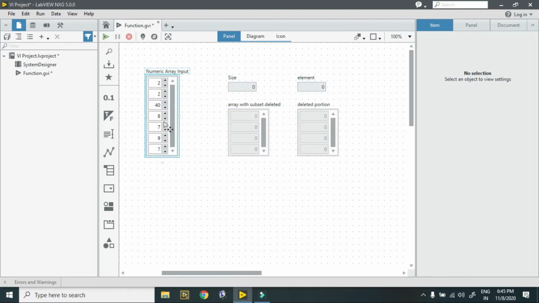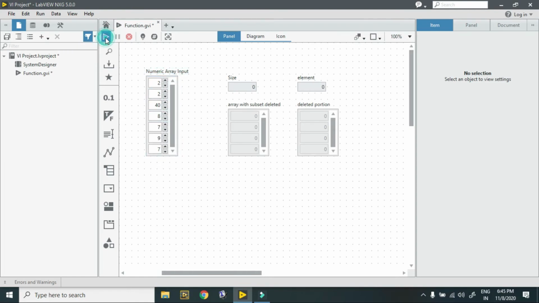The element at the third place is 8, because this is the 0 position, 1 position, 2 position, third position. And this gives me the array subset, meaning after deleting. I selected 2 elements to be deleted from the second position. So my second position is 0, 1, 2. From here 2 elements are deleted.